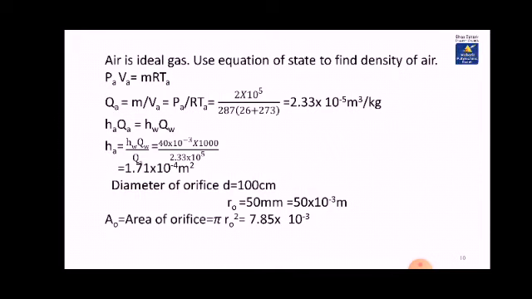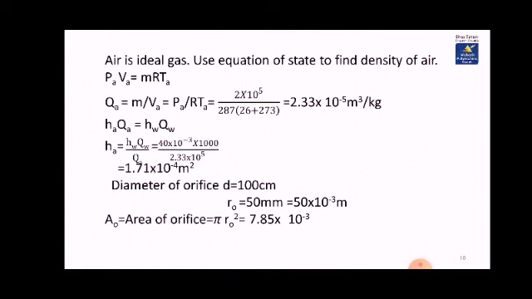Air is an ideal gas. Use equation of state to find density of air. PA is equal to mRT. Now QA, that is actual discharge, is equal to mass upon volume, m upon VA. Actual VA means actual volume. PA upon RT is equal to VR. Note, we are writing the pressure 2 into 10 raised to 5